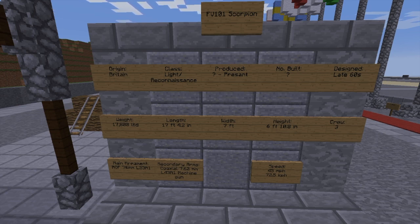So, its length, 17 foot, 4.2 inches, width, 7 feet, height, 6 foot, 10.8 inches, had a crew of 3, its main armament is an ROF 76mm L23A1, and it has one secondary armament, a coaxial 7.62mm L43A1 machine gun, and its speed is 45 miles per hour, which is 72.5 kilometers per hour. So, a decently fast tank,